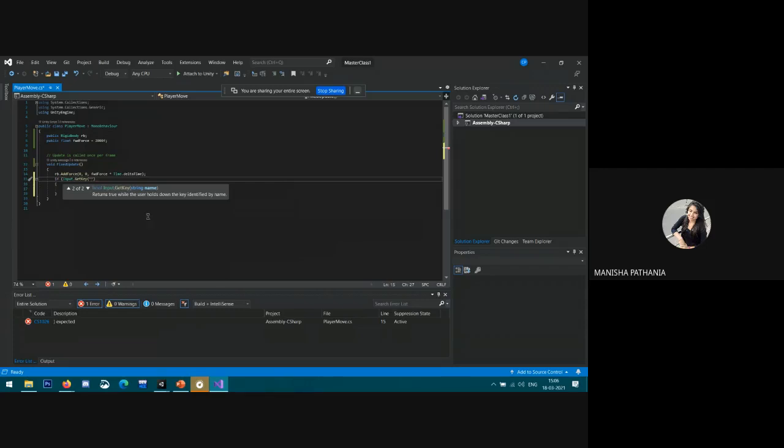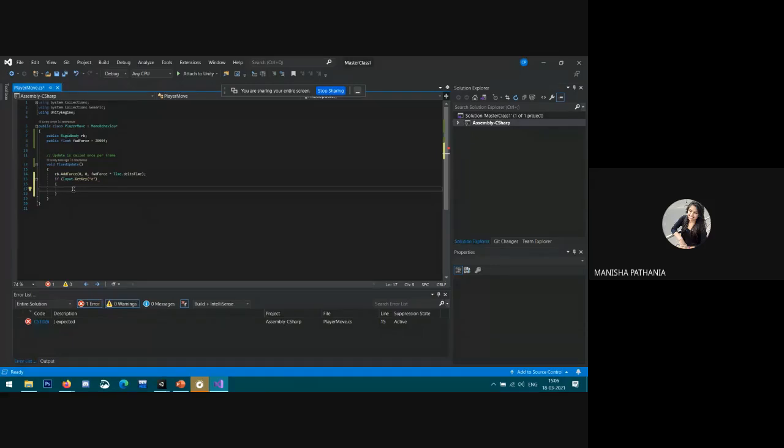I have to write the key we want, which key should move the object in a particular direction. When I press that key, it will move to the right direction. When I press A, it will move to the left direction. So if Input.GetKey, suppose in my case it is D, then when I click on D, it will move in a certain direction. So which direction I need to write it here.